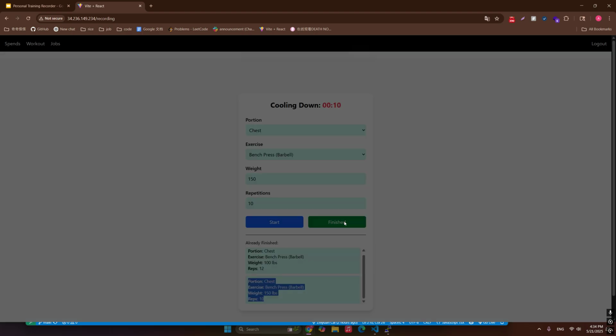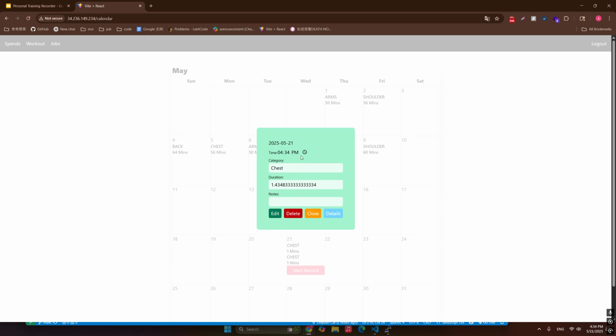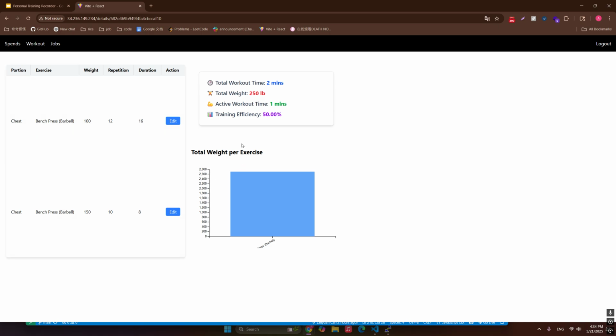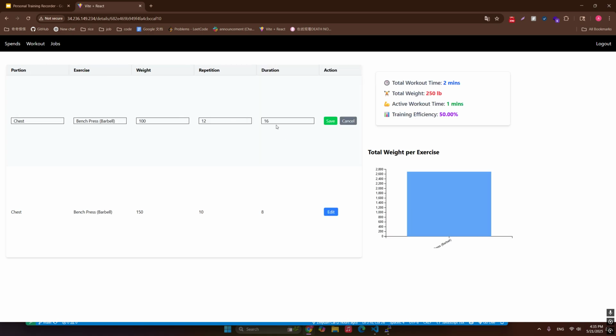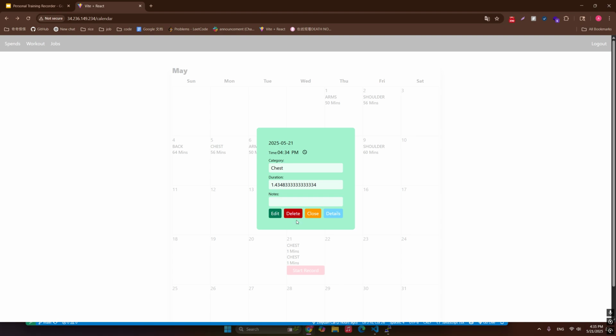We can now finish and upload the record to the backend. Okay, and we can see our most recent record here. We can press on the details to see the detail. And yeah, we can also edit the duration, the repetition, the weight. For example, let's say we finished 15 times. It will change to 15 times. I can also delete this one,